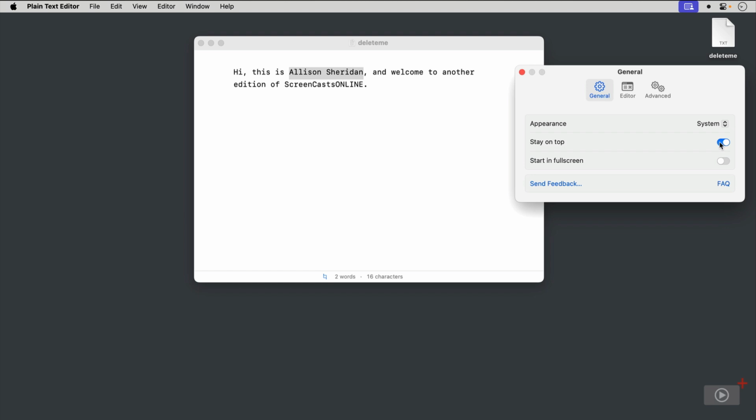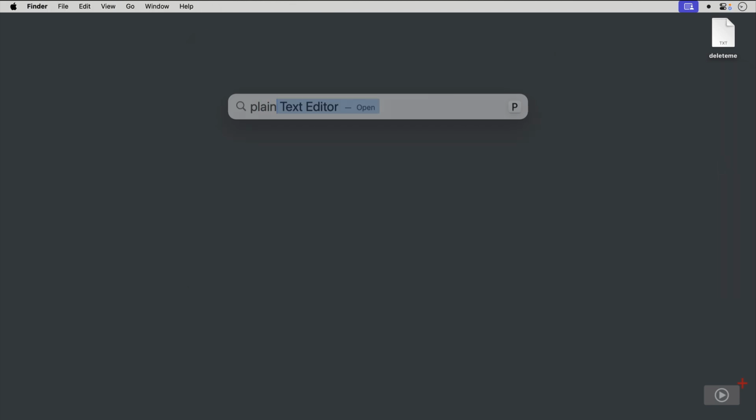If you find yourself kind of peeking around the window to read your Mastodon feed when you should be writing, choose Start in Full Screen. Let me quit, and I'll reopen Plain Text Editor, and you can see it opened in full screen. Notice that it didn't open our old file, and it didn't show us the file browser urging us to open